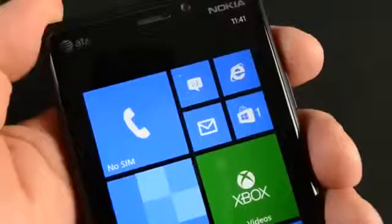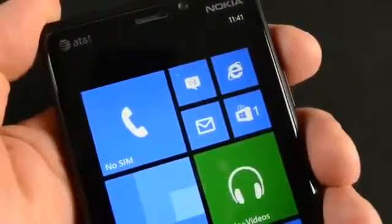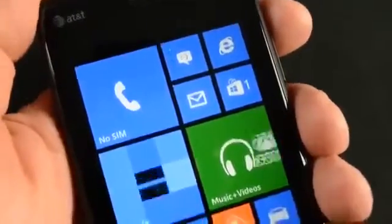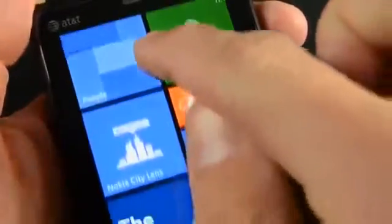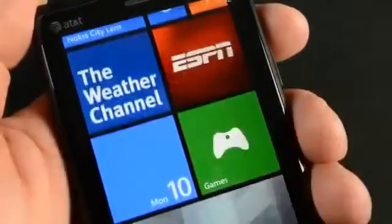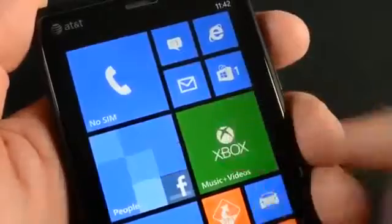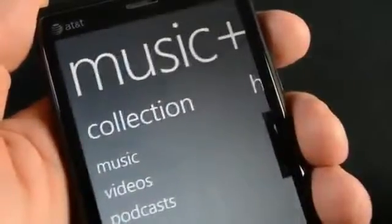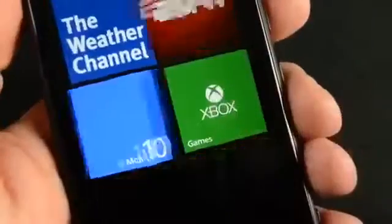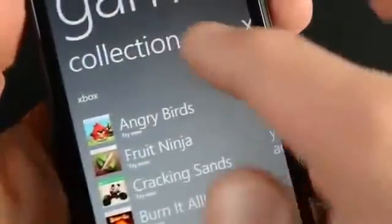search. Now as for apps, this phone is preloaded with a combination of apps from AT&T, Nokia, and Microsoft. So we get a standard array of Microsoft phone apps such as IE, Mail, Contacts, Photographs, Messaging, and the Phone app. You also have the Xbox Media app for purchasing music, movies, and managing other content such as podcast subscriptions. We also have the Xbox Game app, which is where you can log into your Xbox account and launch a